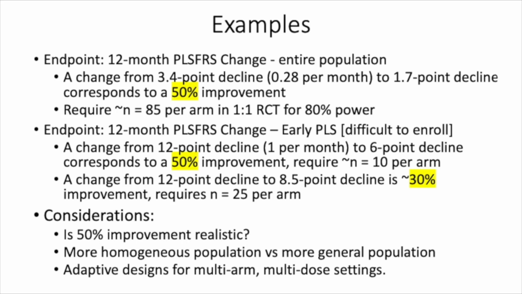The question is, of course, that those patients are rarer and harder to enroll, and so this is really the trade-off between whether you want to target a more homogeneous population or a more general population, where we have a bigger sample size